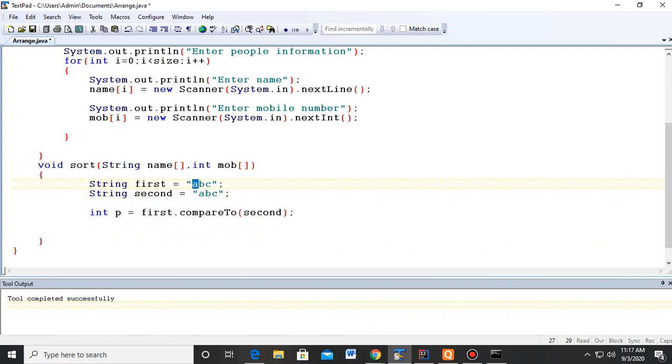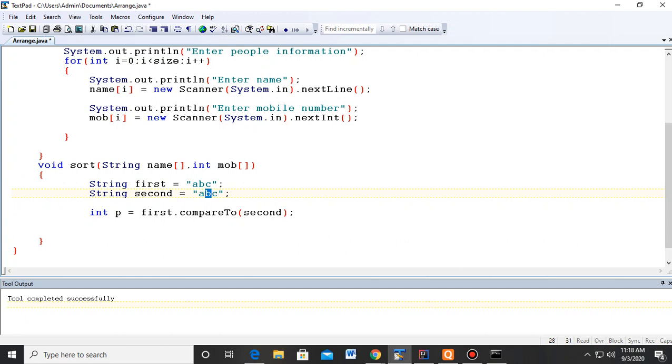And what compareTo does, the ASCII code of the second alphabet will get subtracted from the ASCII code of the first. And if the difference is 0, then the next pair is picked. And if difference is not 0, then immediately it terminates.